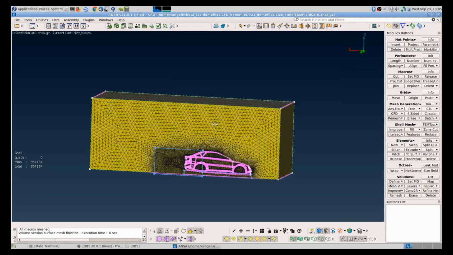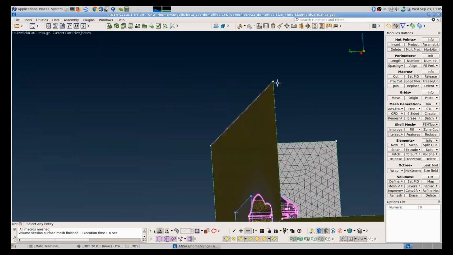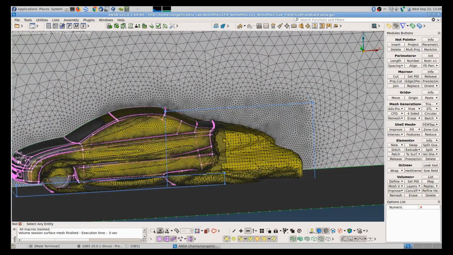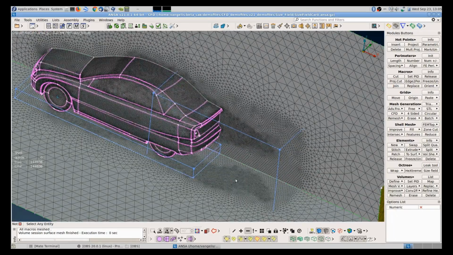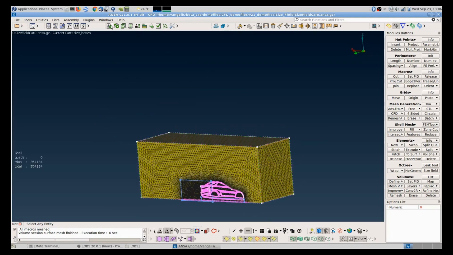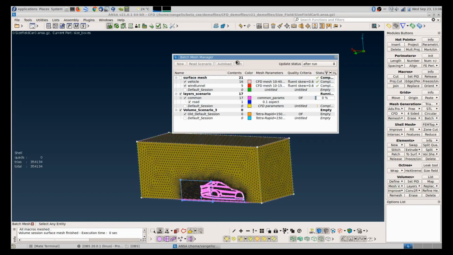Okay, the surface mesh is completed, and you can see now, if I remove visibility of the isosurface, you can see how well the surface mesh has been refined due to the closed isosurface and the size boxes. Right? I can also proceed with the layers and the volume mesh, which will also be affected by the size field.